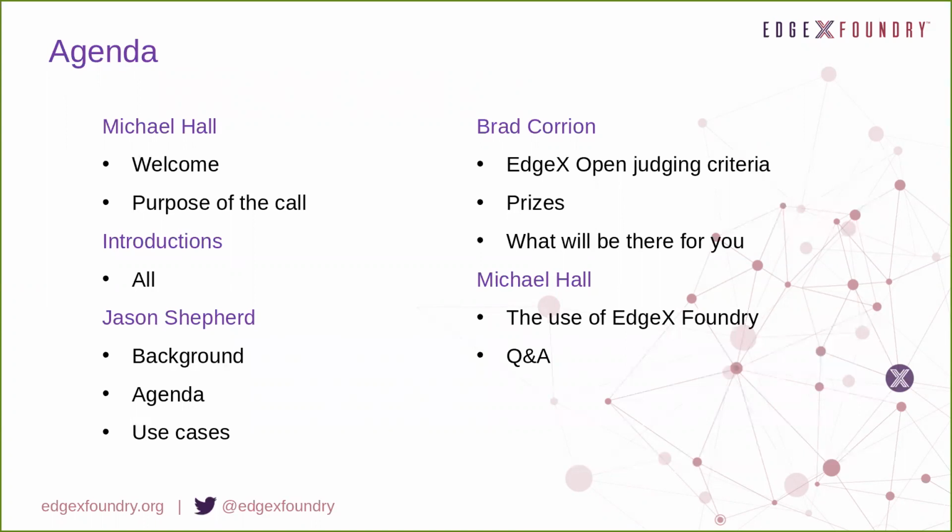Thanks, Jason. Brad, tell us a little bit about you. All right. Yeah, thank you. Brad Quirion. I run a small software architecture team at Intel and work for our retail banking, hospitality, and education division, part of our Internet of Things group. And for EdgeX, I'm the chair of the Vertical Solutions Working Group. So the projects that are looking at market adoptions, use cases, feature requests, everything we want and need to do to be successful in particular market segments.